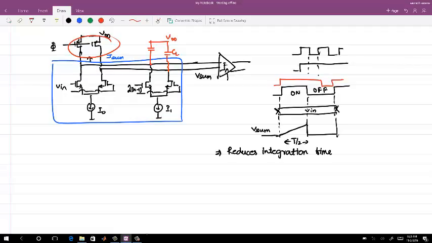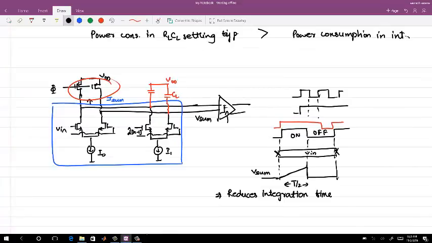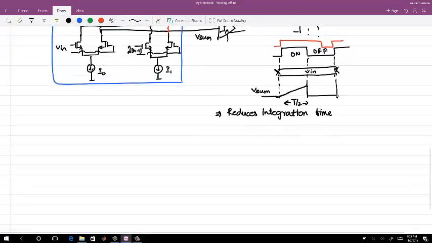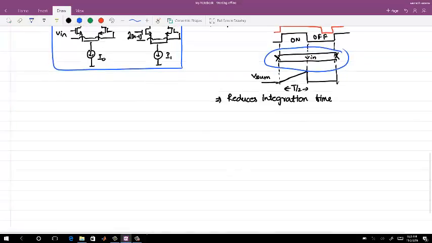Okay. Now the other thing is that in this whole thing I have taken an assumption that my Vn is constant during the bit period. This is an assumption. So let's see what happens if Vn is not constant. So we have seen that Vsum node, let's say for constant Vn